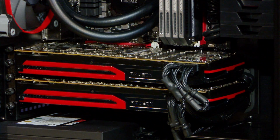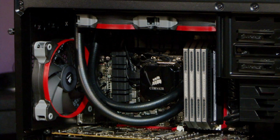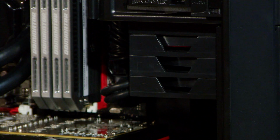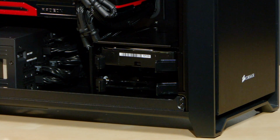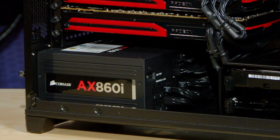It may be small, but it's got plenty of power for demanding tasks like video editing or just smoking your enemies in online games. In this system, we've got plenty of room for 2 7970 graphics cards, an H100i liquid CPU cooler. We've got our Force GT SSD in the SSD cage, along with a full-size 3.5-inch hard drive for your storage needs, all being powered by an